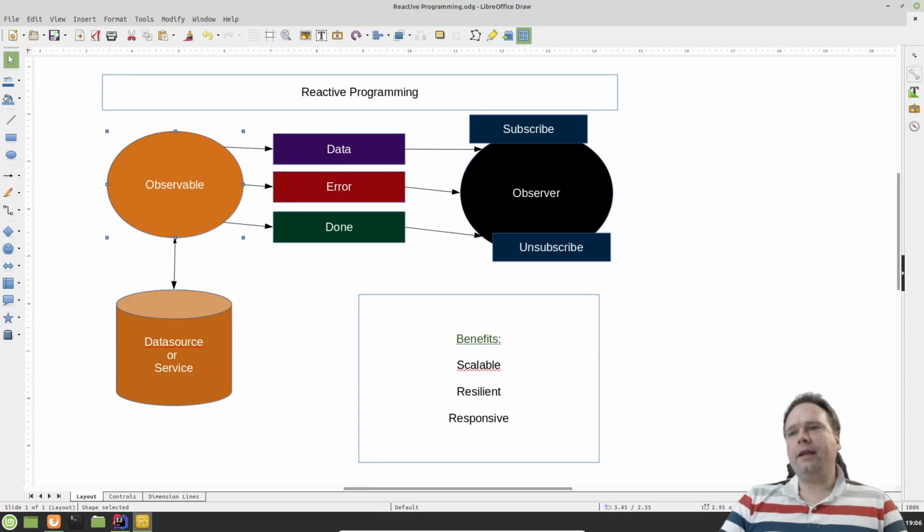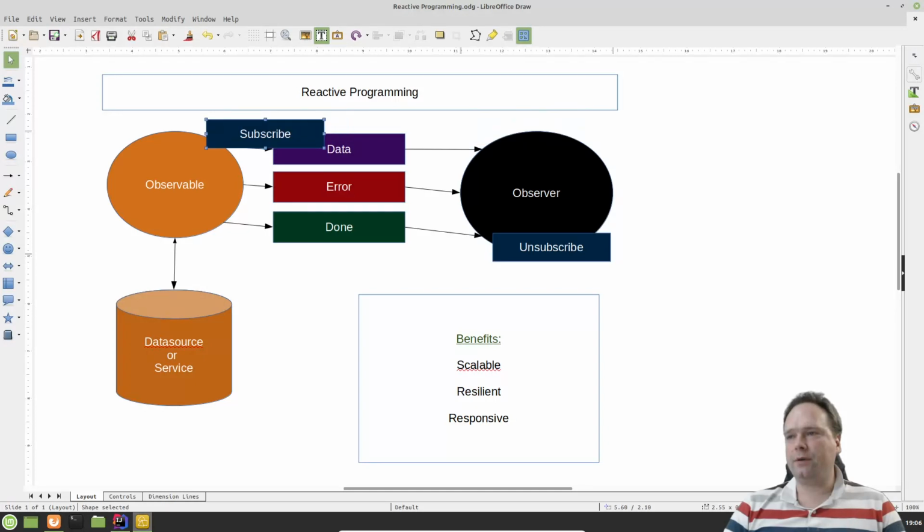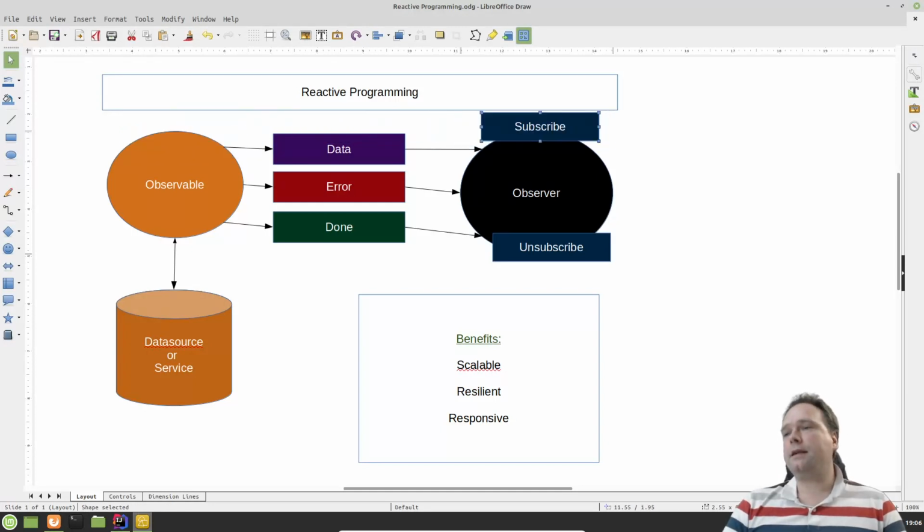In this drawing right here, we have an observable, which is a server that we will simulate in a Spring Boot project in just a minute, and it has a data source or a service that it gets data from. This will just be an array list in our example right here, and then what happens is that we have an observer that will subscribe to the observable. So we have an observer that calls subscribe on the observable,